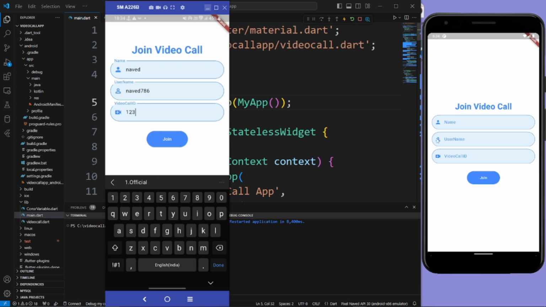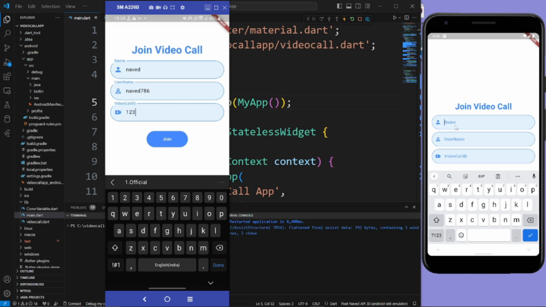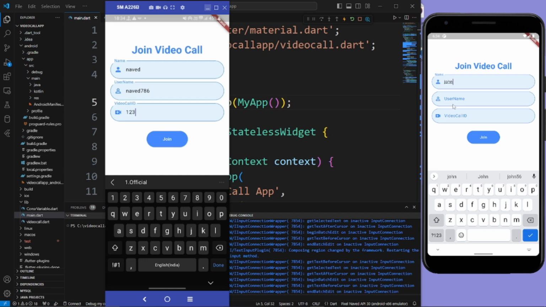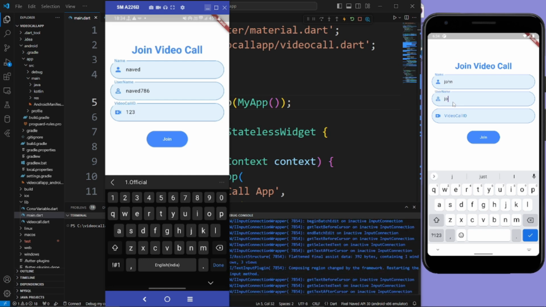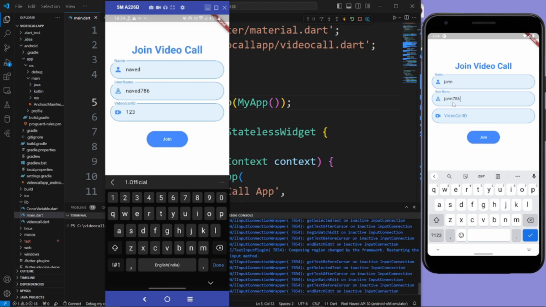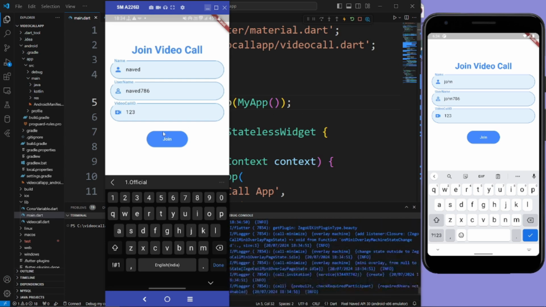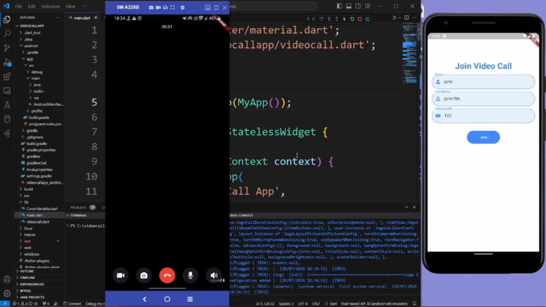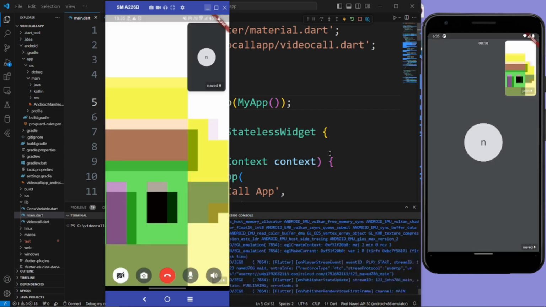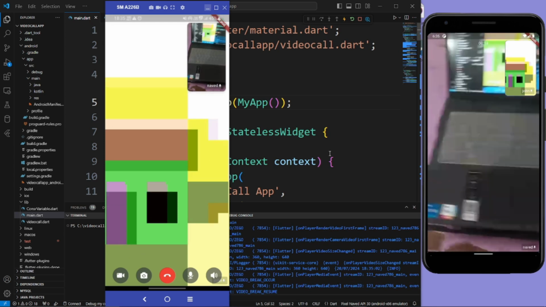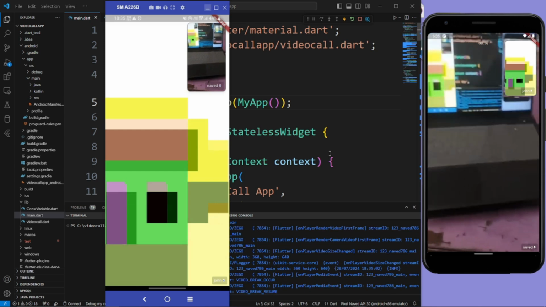Now in the emulator, give name as John, username as John786, call ID as 123. Now join the video call. Now we have successfully joined the video call. Here you can see